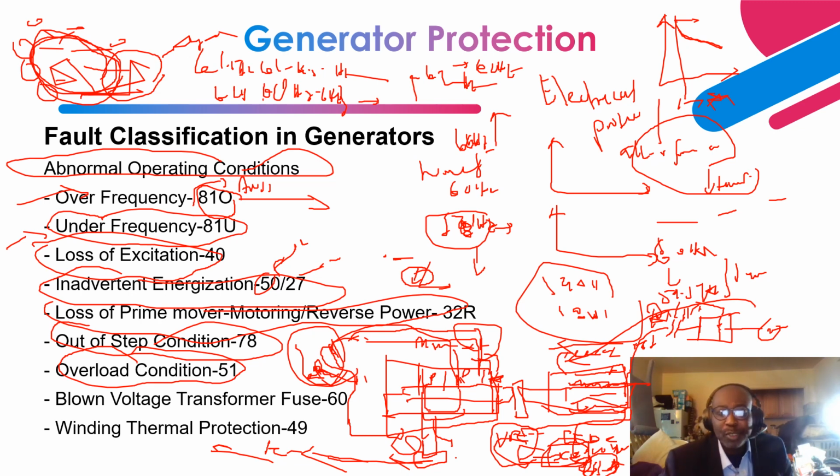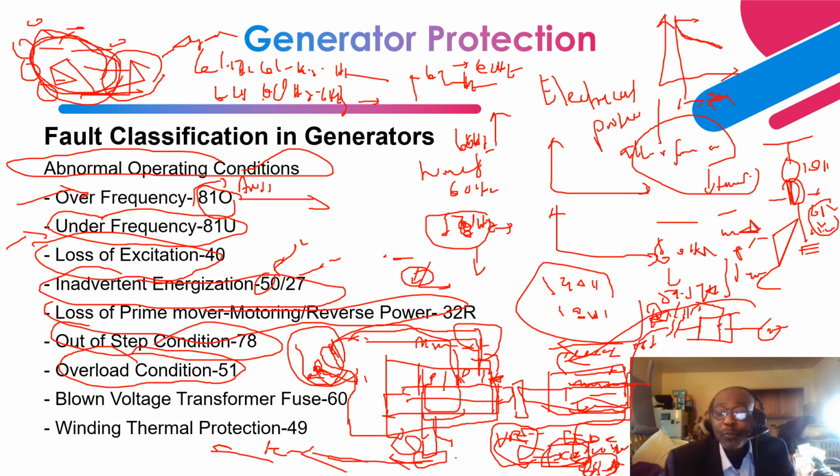Next is blown fuse, right? Okay, so for the blown fuse at the terminal of the generator, you have a PT. Let's say the generator terminal voltage is 18 kV, then the secondary voltage is let's say 69 volts line to ground, or 105 volts line to line, right? Okay, so this is the voltage that is fed to the metering devices or protective relay elements or the excitation system, the voltage regulator. That's what goes into the voltage regulator to act as a feedback loop.